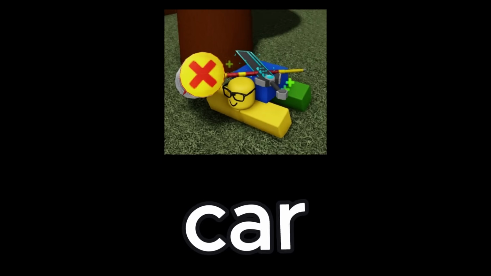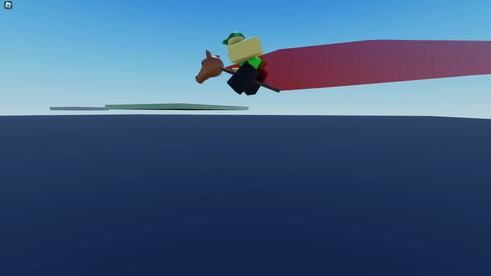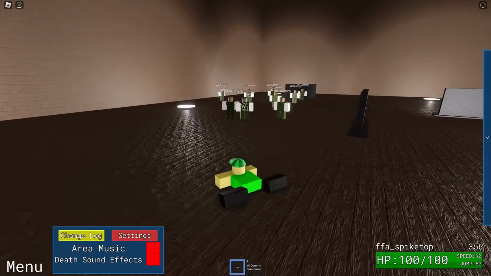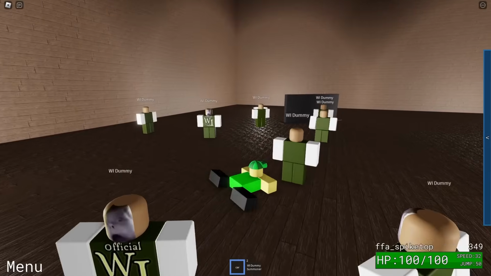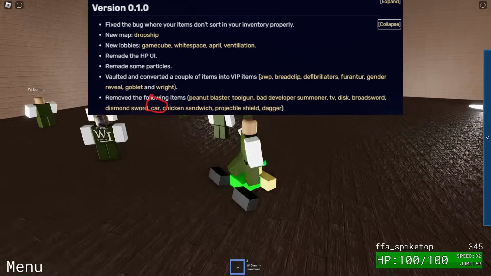Car. Car was the old equivalent of Stick Horse. As the name says, it is a car, but you are not inside a car. You are the car. This is a reference to the Transformers and will increase the player speed by 16. Added on release day, it was removed in version 0.1, but the reason for its removal as stated by the